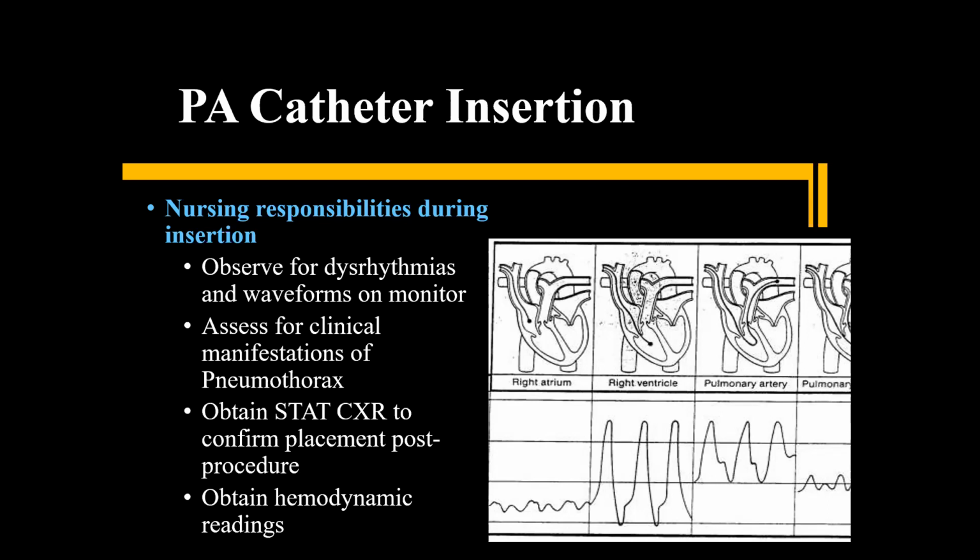So during this insertion, we're very worried about going through the right ventricle and causing ventricular arrhythmias or dysrhythmias, whatever word you prefer to use. Because that catheter is banging around that very excitable ventricle, it can cause VTAC, VFib. So I always tell the physician, I saw a PVC, I saw a run of VTAC. Uh-oh, pull back, he's in VFib, whatever. So your job during the insertion is to really monitor those waveforms to make sure that they're not having any